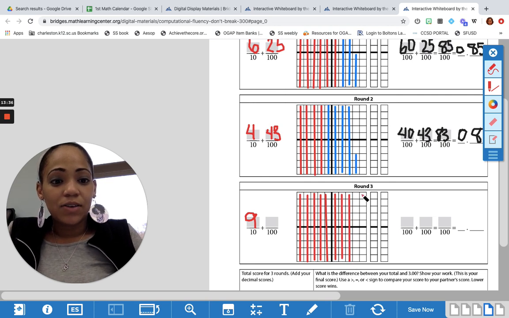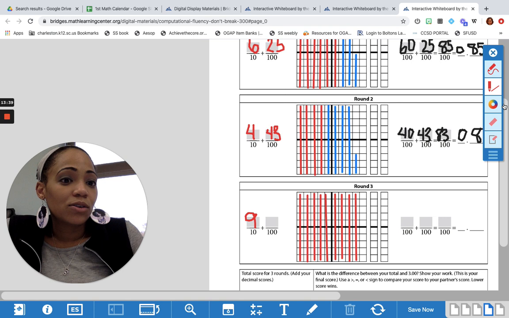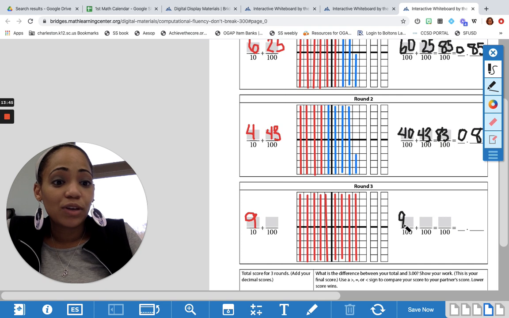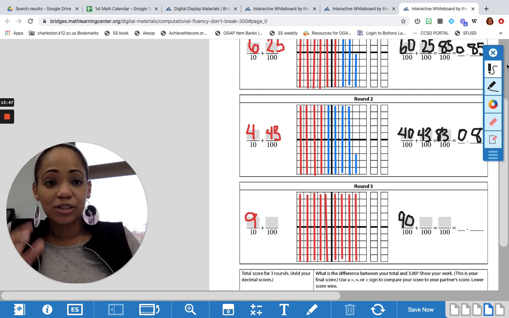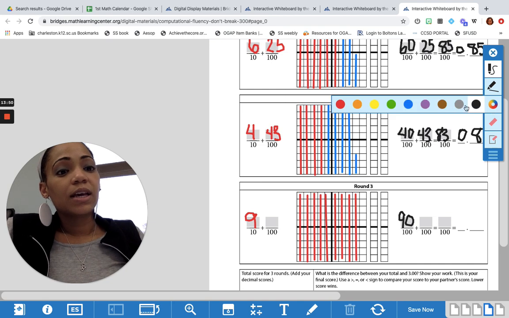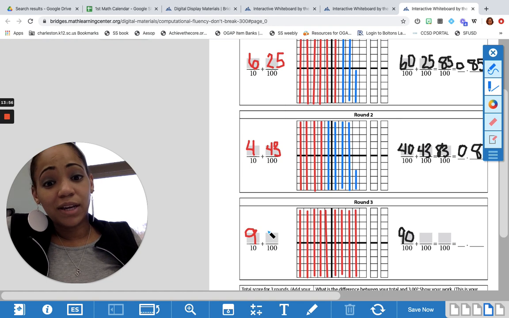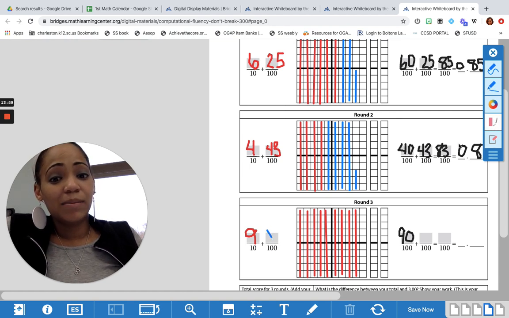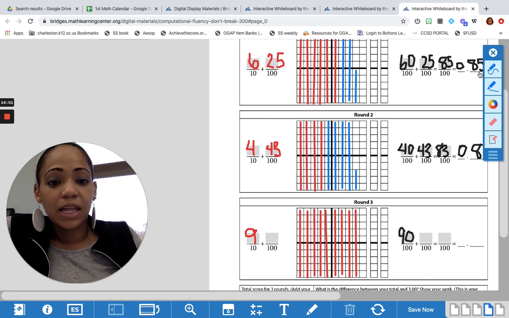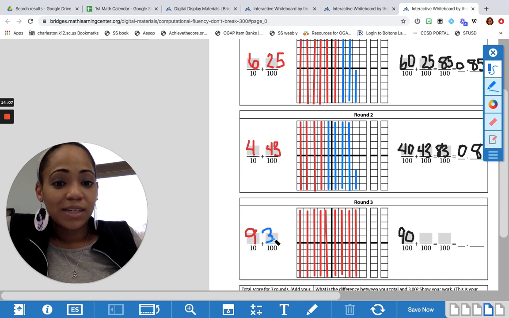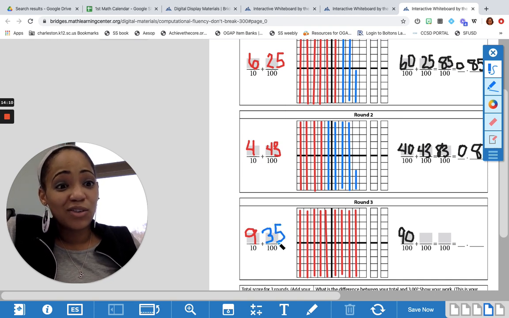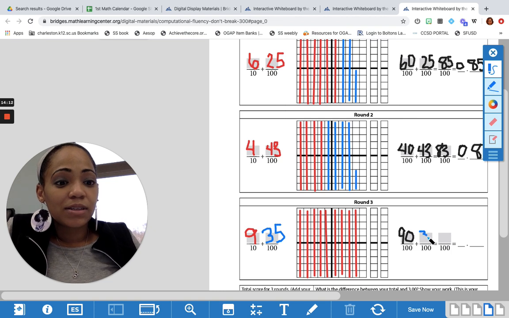Okay, so here's my 9 tenths, which I could also write as 90 hundredths, because hopefully you guys are really good at writing those equivalent fractions between tenths and hundredths at this point. And then my other 2 digits, I'm going to make 35 instead of 53, because if I were to make 53, I'd be over and I'd automatically lose the game. At least I'm getting closer to 3 wholes, because I don't know what you guys are going to spin on your last toss. So 90 plus 35 is going to give me